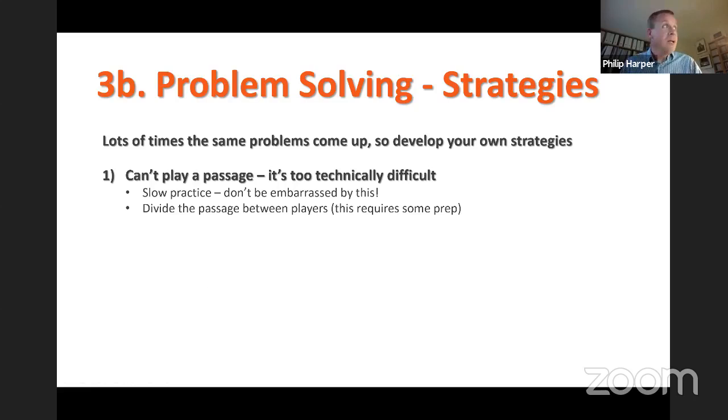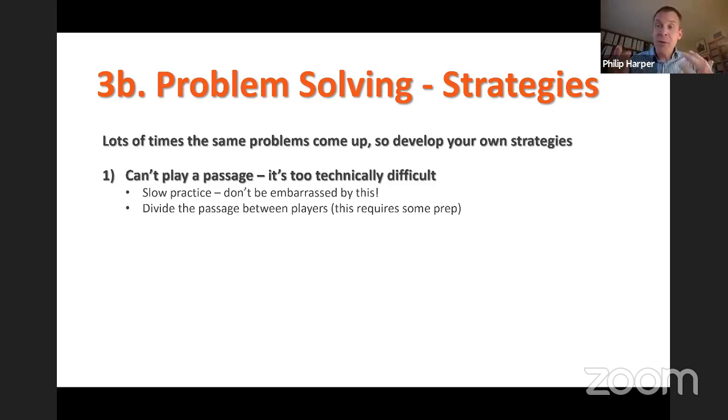The other solution, if players literally can't play the passage, it's beyond their capabilities and they've practiced as much as they possibly can, is that sometimes you need to divide that passage between players. This does require some preparation from the conductor, because it basically means that the conductor will write out 2 separate parts for 2 separate players, and